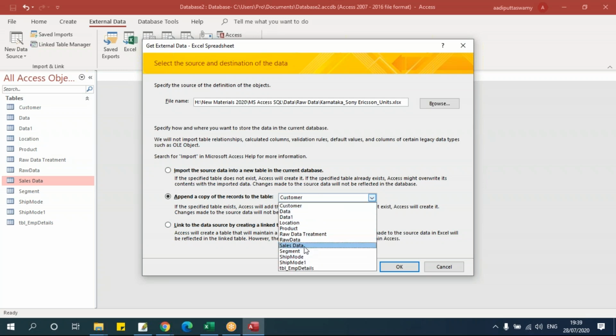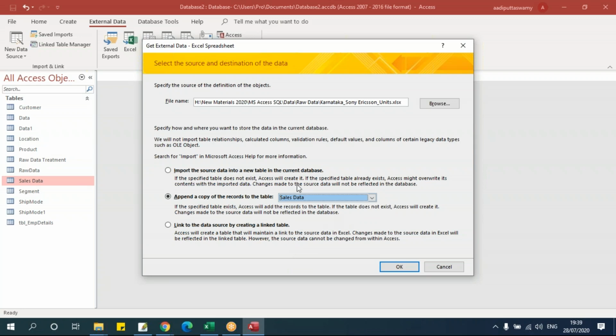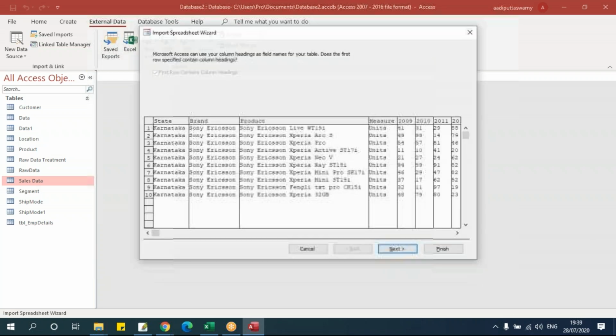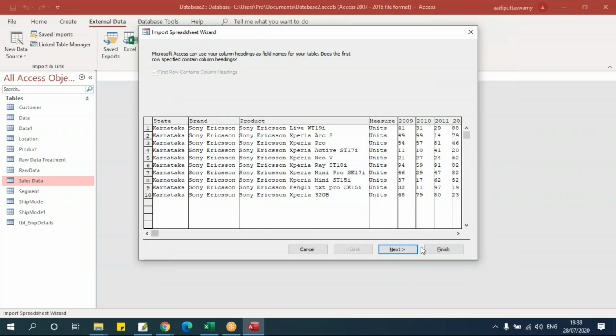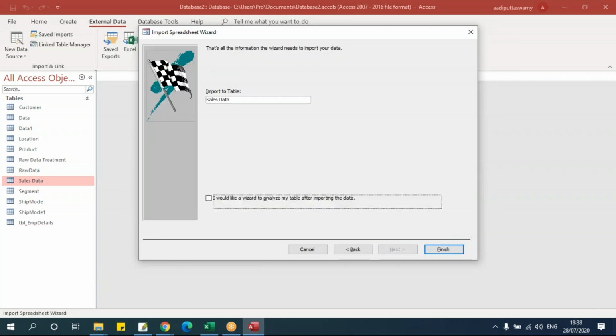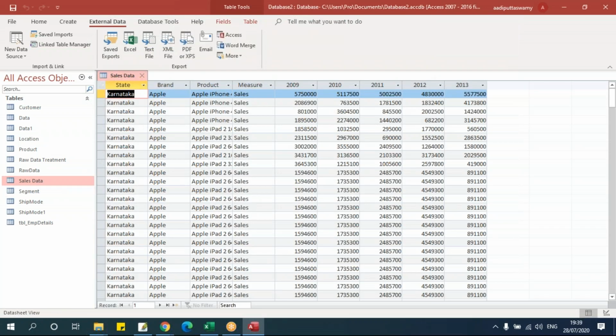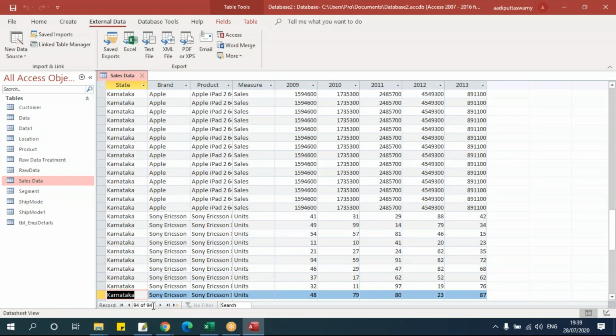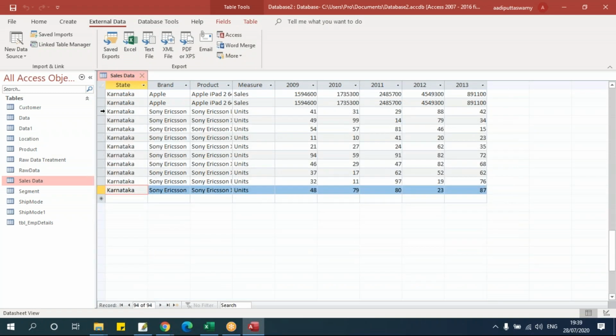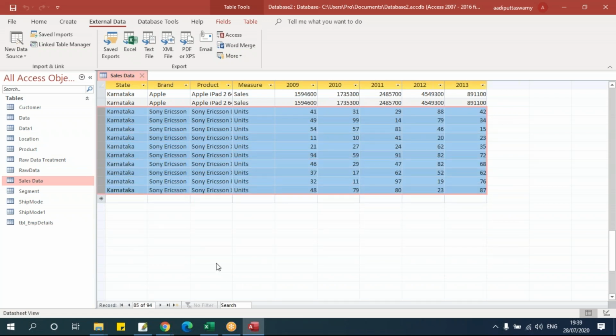Now let me select here. I'll take the sales data, the table which we just imported. Say okay. I'll have the same columns here, say state, brand, product, whatever, the same columns. Say next, it will not ask for any data type because it assumes all the data types will be similar to the table where I'm appending. I'll say finish. Say close. Let's go and check. So we had 84 records, now 10 more records got added here. You can see the Sony Ericsson data, whatever we had taken, is at the end.